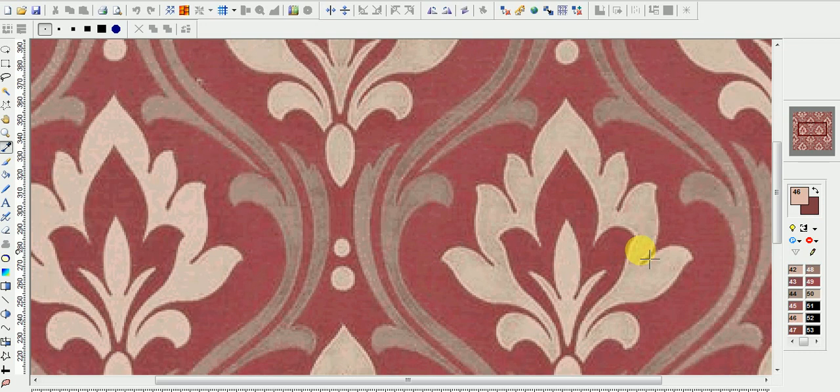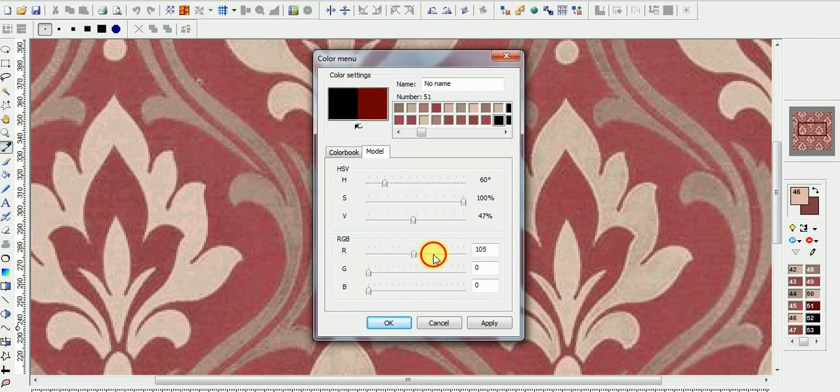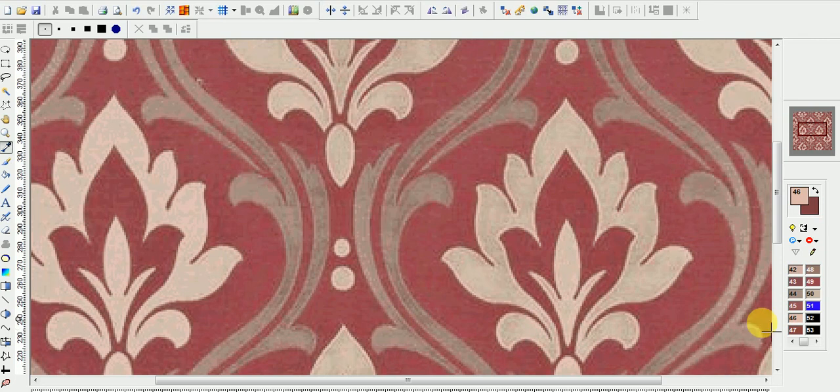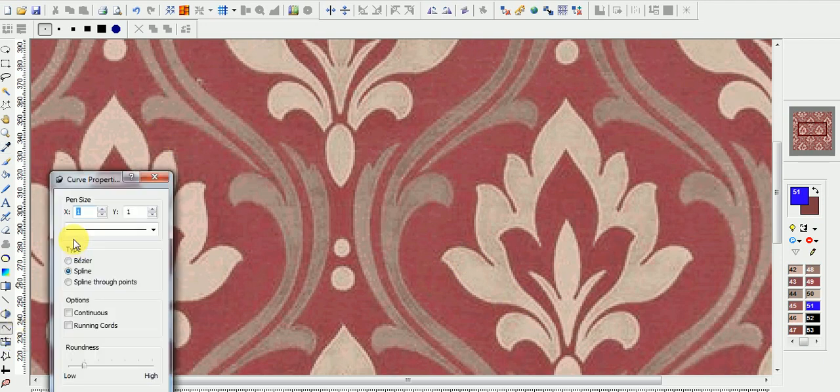That is after reducing colors, that means 50 colors. I don't use within the 50 colors, because in this design I already have 50 colors. So I take the 51st color. I am just making one color. This 51st color I will use to edit this motif with drawing tools like the curve tool, with Bezier or something.